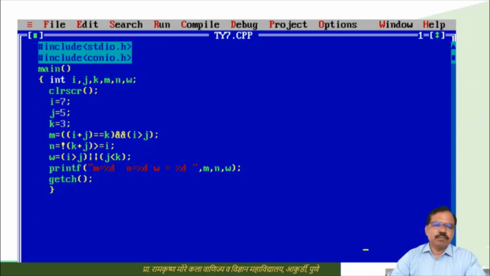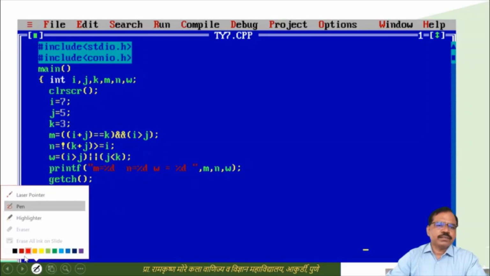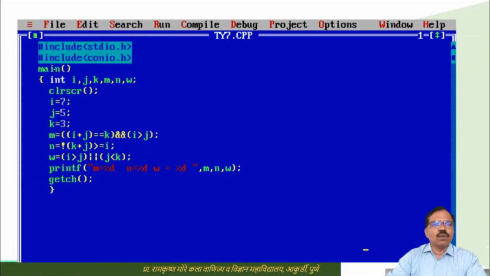Now we'll see a simple C program here. These are preprocessor commands. When we run this program, first these files are included, then control will enter the main function, and the first statement is evaluated. This statement is called a declaration statement. Since I have here 6 variables i, j, k, m, n and w, they are integer types, so we know memory locations are reserved.